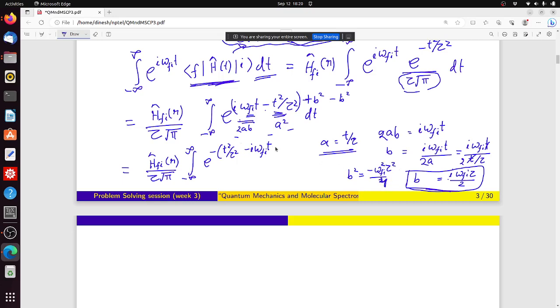So I have to do minus omega phi square tau square over 4, then plus omega phi square tau square over 4, right? So there was an i term, so that's why b square is minus. So this term I can write as